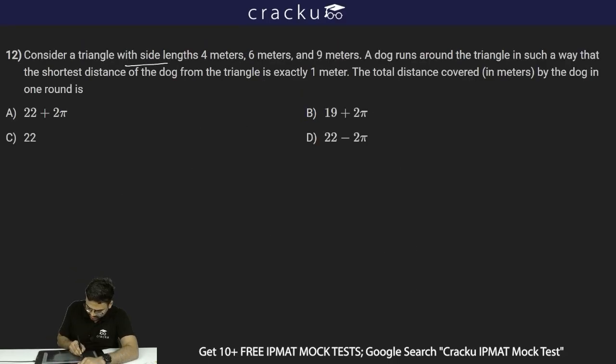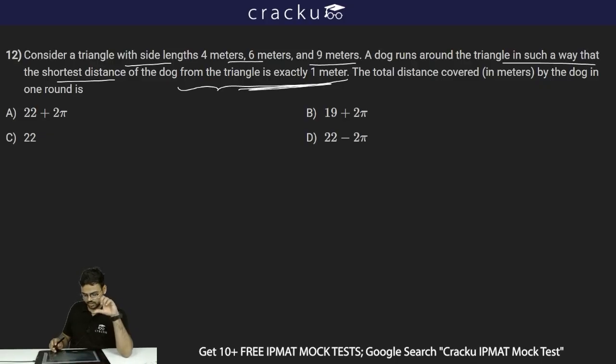Consider a triangle with side lengths 4 meters, 6 meters and 9 meters. A dog runs around the triangle in such a way that the shortest distance of the dog from the triangle is exactly 1 meter. The distance between the dog and the triangle is exactly 1 meter in all the cases. The total distance covered in meters by the dog in one round is, okay, so if I say this is my triangle